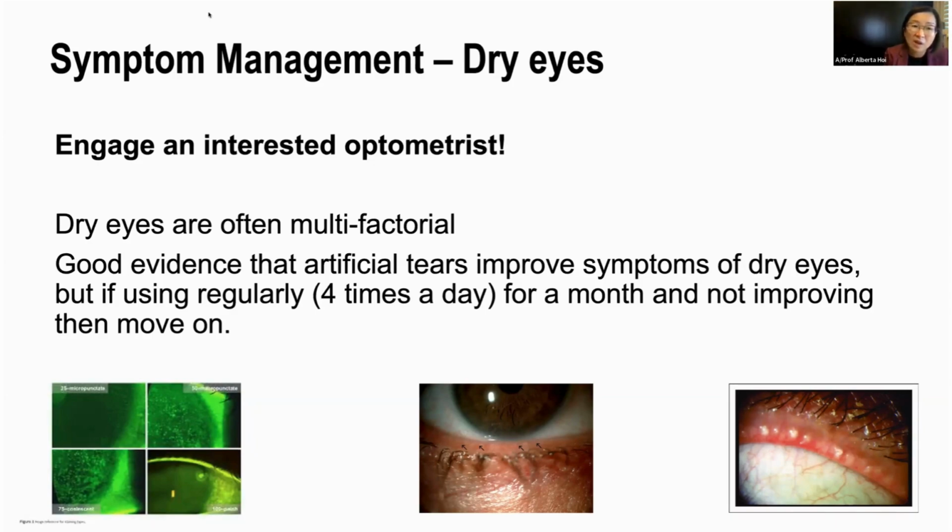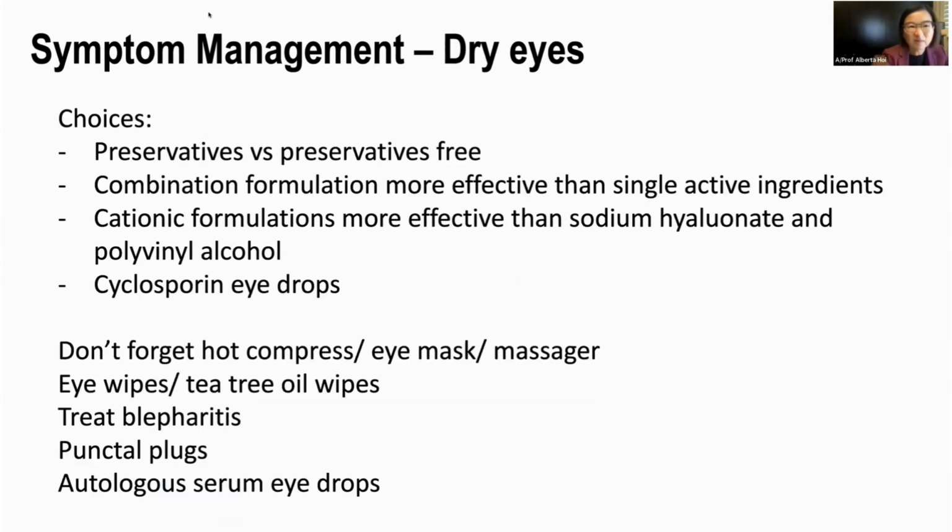So there are many, many different types of artificial tears around in the market. But the recommendation is to have a good go for at least a month, and then if that is not satisfactory enough, then to move on to other preparations. So as I mentioned, there are so many choices of different eye drops, and it is a lot of trial and error. And sometimes some eye drops, for example, ones with preservative, can create another problem if you're sensitive to it. There's a lot of formulations, and some formulations have combination